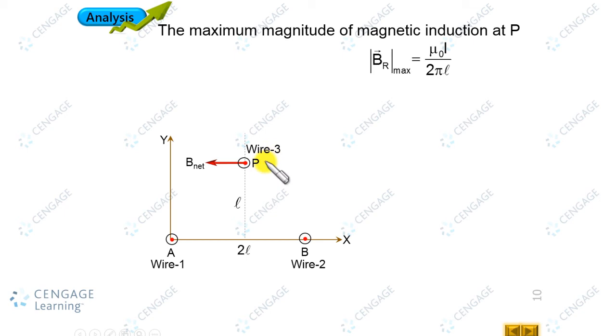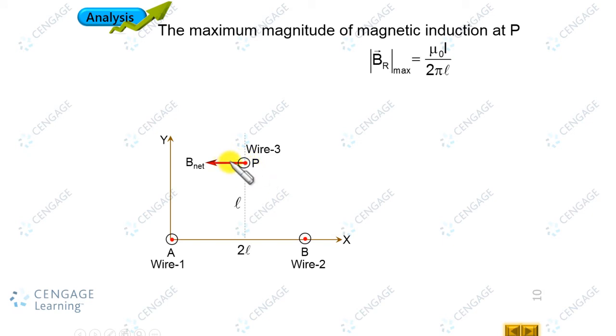Now let us consider L length of the wire. So we have the formula for the force on a current carrying wire placed in a magnetic field. The formula is F equal to IBL or ILB, right? L is the length of the wire, I is the current in the wire where we need to calculate the force, and B is the external magnetic field. And here the external magnetic field is generated because of these two wires. And the third wire is this one for which we are considering L length of the wire. Okay. So now we can write the force acting on this should be equal to B, that's the magnetic field, I is the current in this wire multiplied by L.